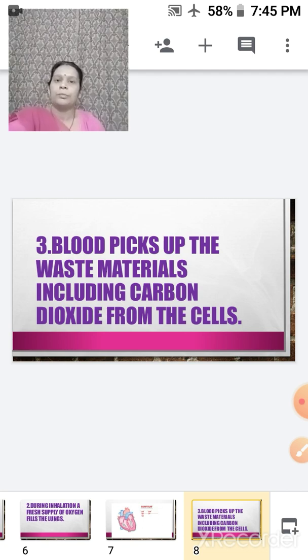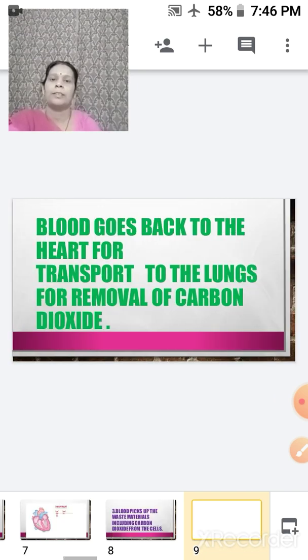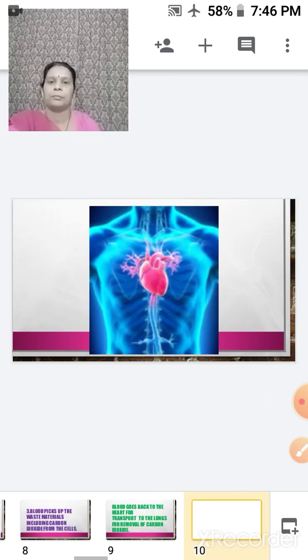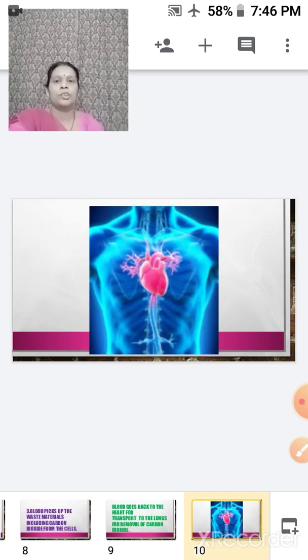Blood picks up the waste material, as I said, along with the carbon dioxide from the cells. This blood goes back to the heart and then it is transported to the lungs for the removal of the carbon dioxide. So here this heart is functioning as a pump,